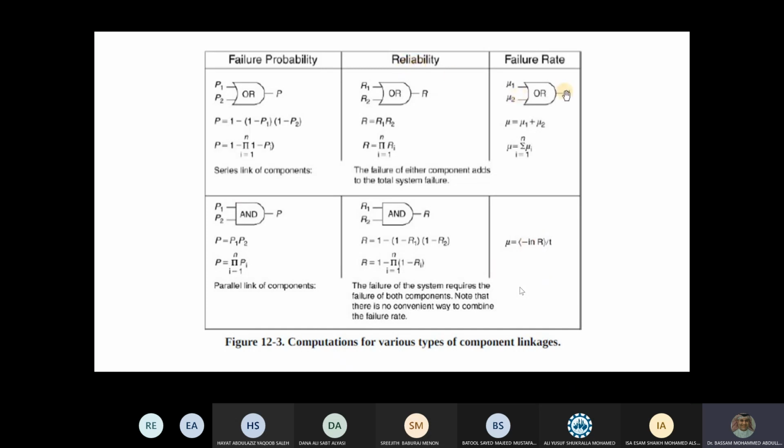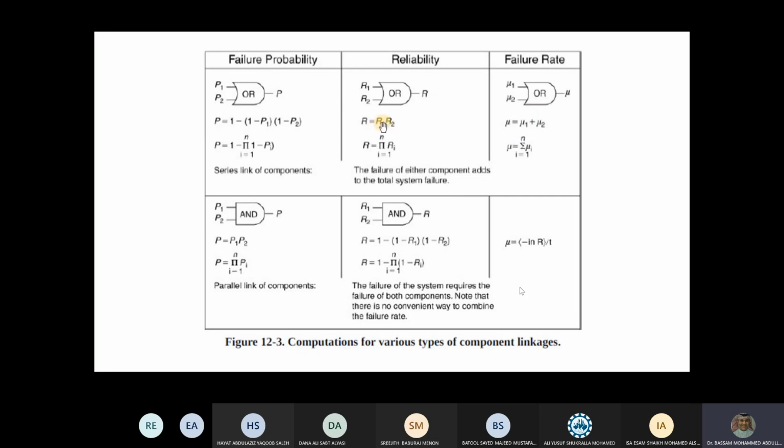What about now the reliability? After I get the mu, if we have an OR gate, so this or this happens, they are independent from each other, not depending on each other. So you multiply the reliabilities. That is the idea. So this is just a generic thing. And now to get